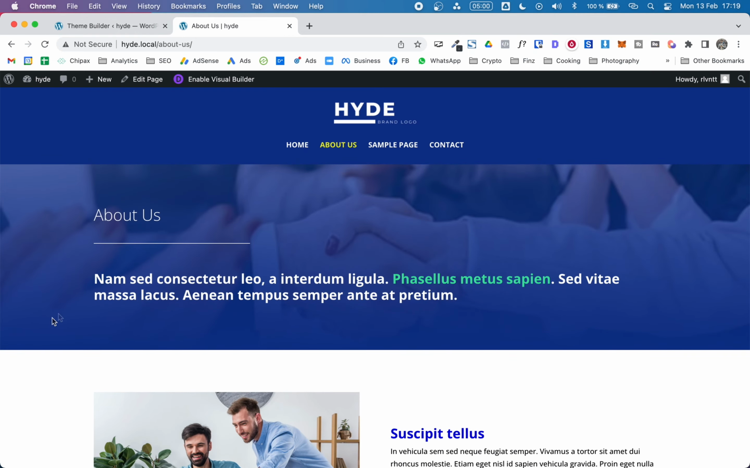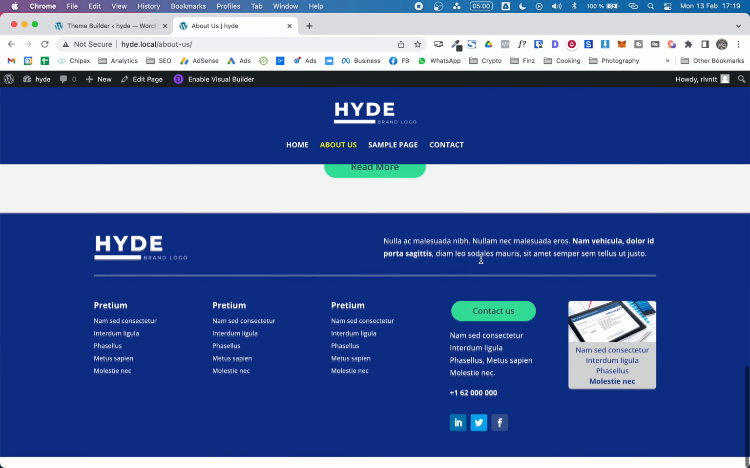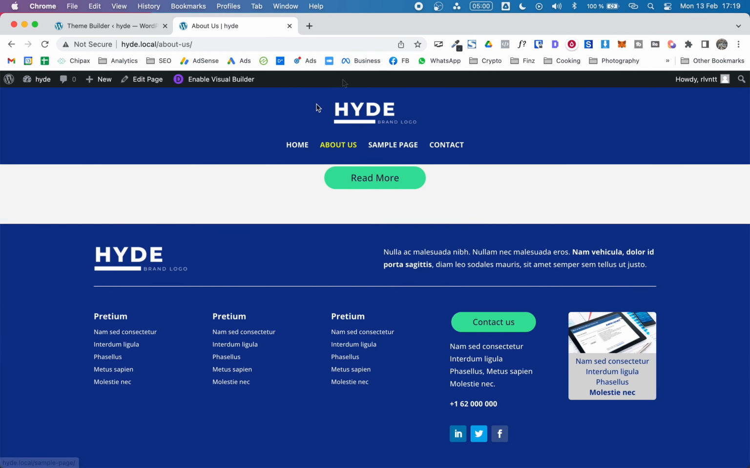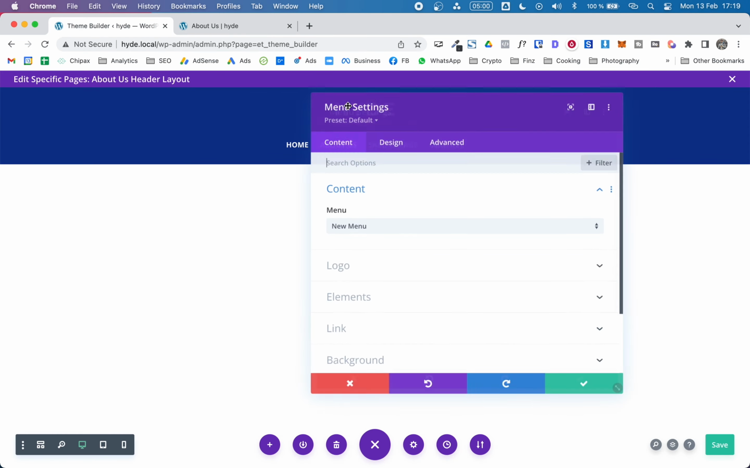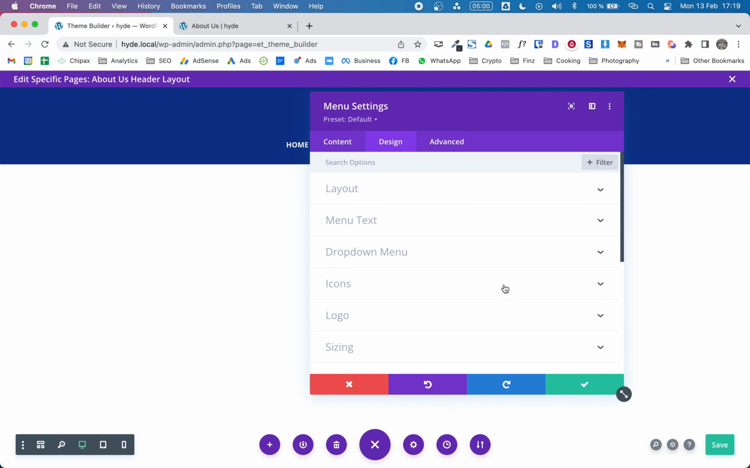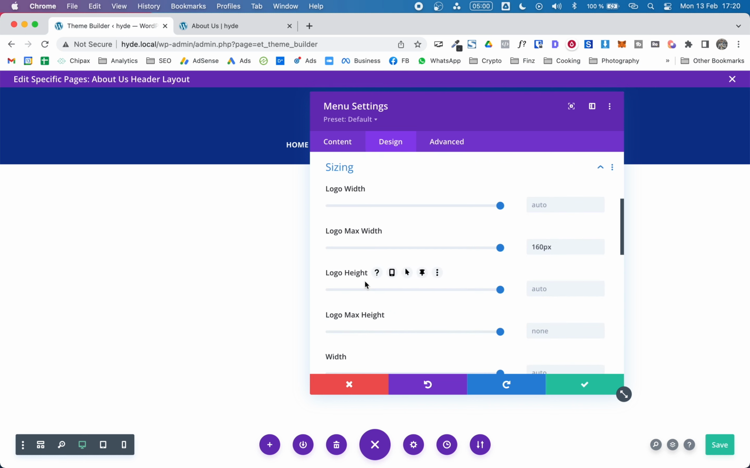And another thing I would like to happen is that when I scroll down, the logo shrinks a little bit. To accomplish this, I'm going to the menu settings, the module settings that we are using for the menu. Let's go to design, and from here let's go to sizing, and here we already set a max width for the logo. And as you can see, if I put the mouse over it, these options will pop up, and we have this pin icon,